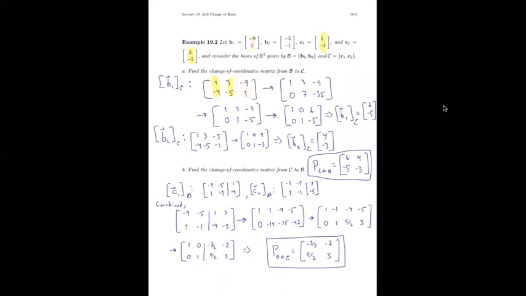So I'll take this all the way to reduced echelon form just to solve completely for each variable nice and cleanly. And I have that my first weight should be a 6, and my second weight should be a -5, and that's to represent B1 in C coordinates. Okay, so there we have it. And what we've used is the fact that our change of coordinate matrix from B to C is these columns of